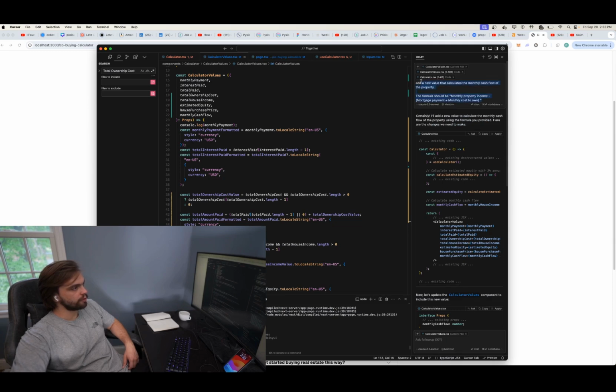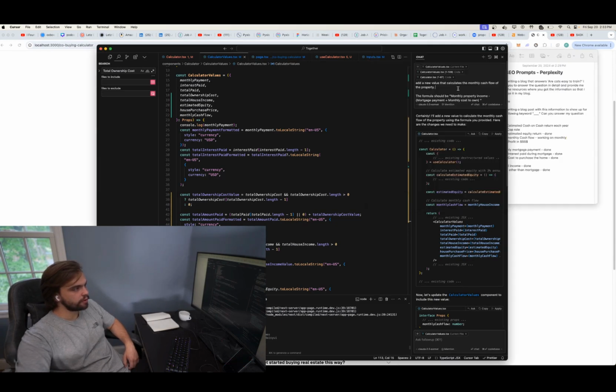All right, so I'm going to go back up here and add a value that calculates the monthly cash flow. Instead of the monthly cash flow, add a new value that calculates the